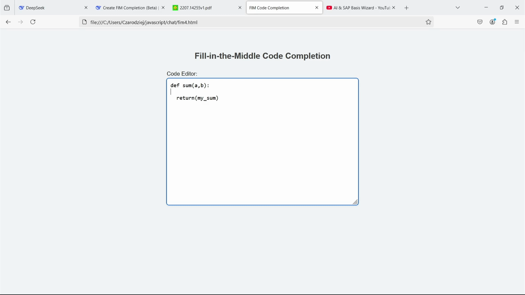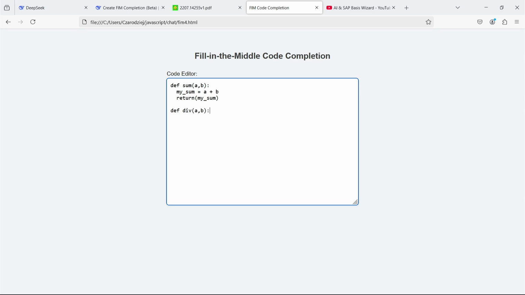However, I expect to receive an operation of summing and assigning to the variable my_sum. That's right, the suggestion is absolutely correct. Now I will define division, but I will not write any suffix.